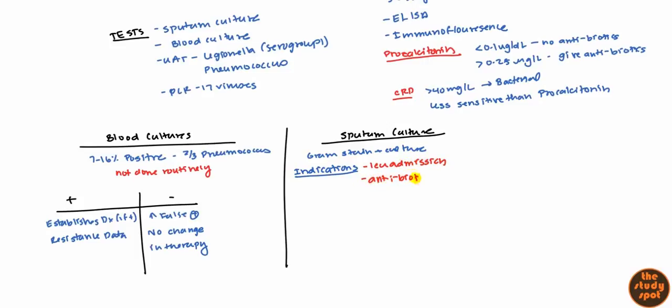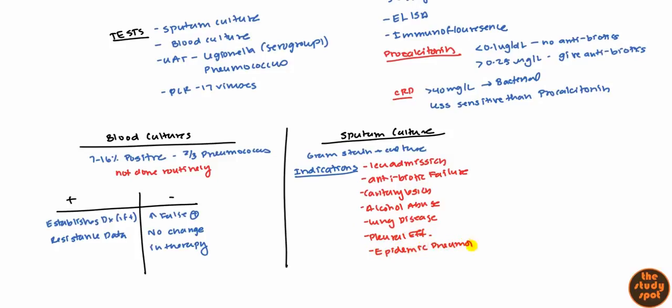If you give them antibiotics and it's failed, you might want to try to get a culture so that you can see what it's sensitive to. If they have any type of cavitary lesion, you want to see exactly what bug is doing that. Alcohol abuse is another cause. Lung disease, because you want to see exactly what pathogen, more rare types of pathogens tend to cause that. If the patient has a pleural effusion, or if it's an epidemic pneumonia, so if there's influenza going around,